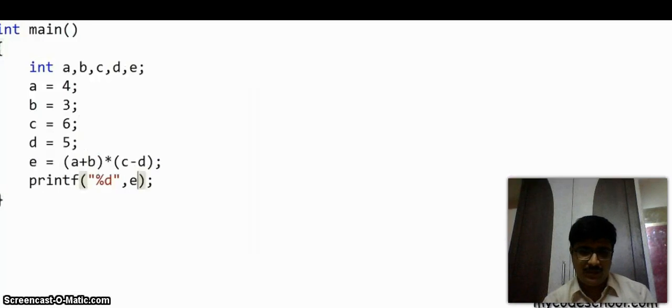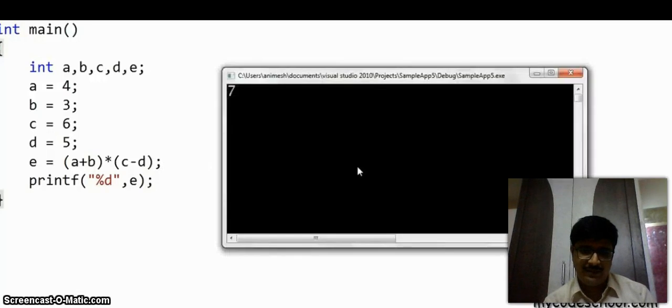Okay, now what should be the output of this one? The part of the expression within the parentheses will be executed first. a plus b would be 7, c minus d would be 1, so e would be 7 into 1, that is 7, and my guess is right again. So with this much, I hope you got an understanding of how you can perform arithmetic operations in your code. I will stop